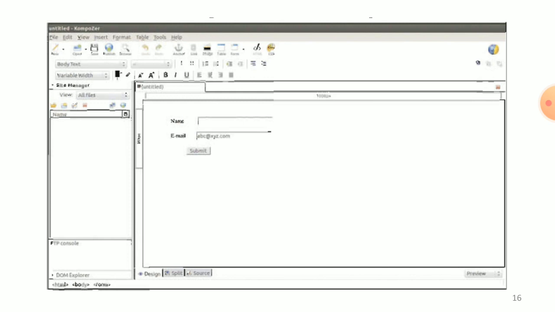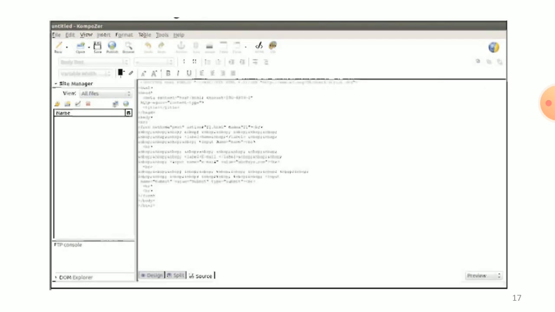The form at present is in the normal view. To have a preview of the form, click on the edit mode toolbar and select Preview. That is the source code view of the form. We have created our first form using Composer.